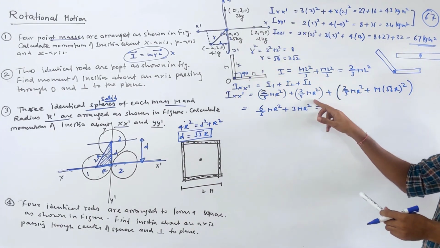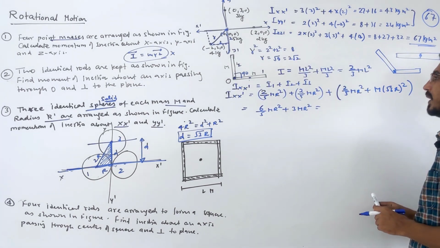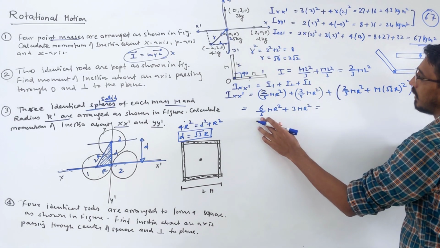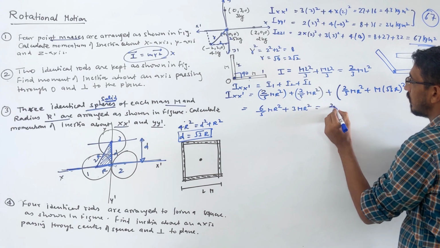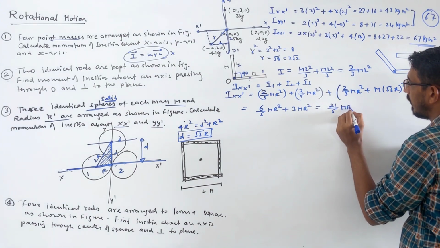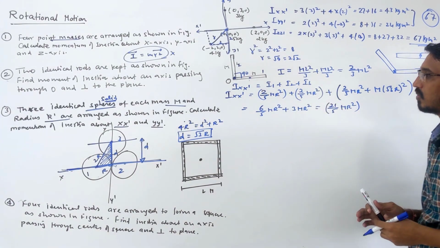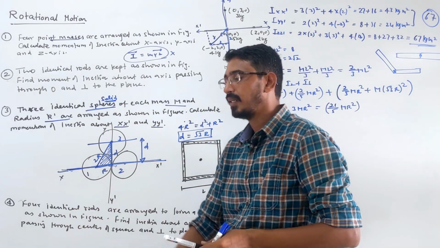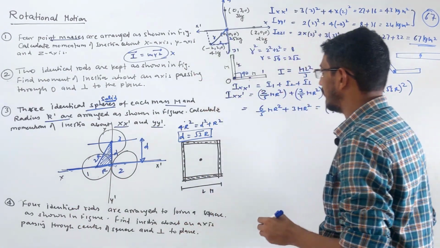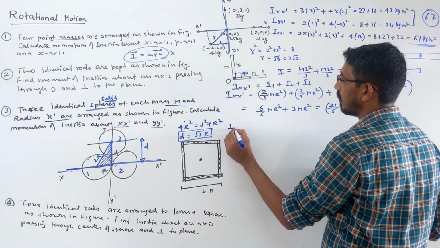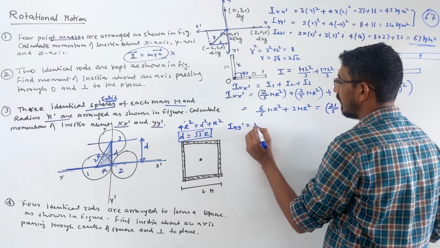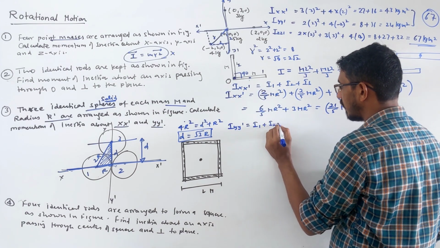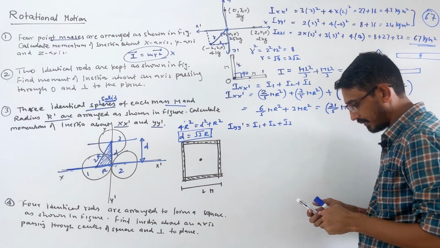Yes, I added these 3 terms, then this is separate, okay. So this becomes what? 15 plus 6 means what? 21 by 5 of mr square. That's the inertia about what? X axis. Now let's find about what? Y axis. So inertia about y axis will be same way, I1 plus I2 plus what? I3 we have to calculate.